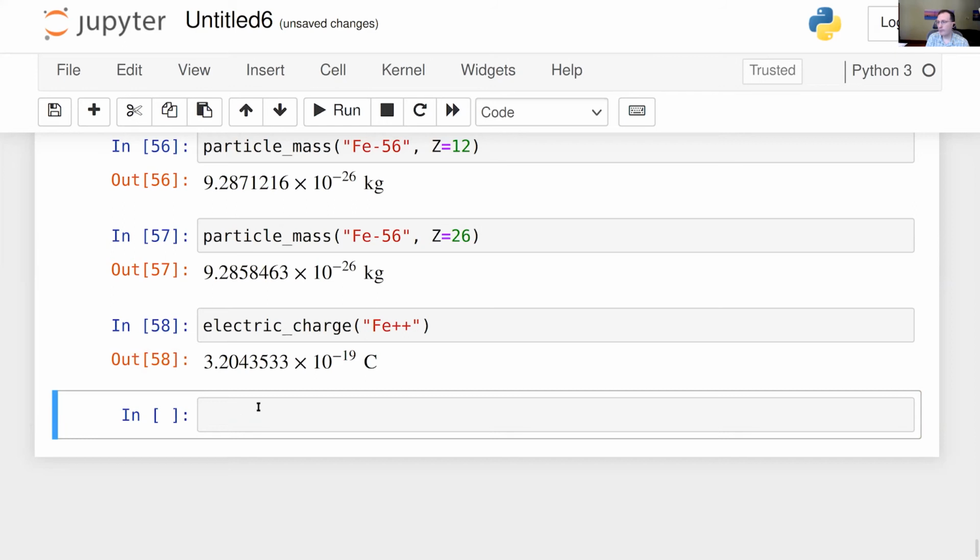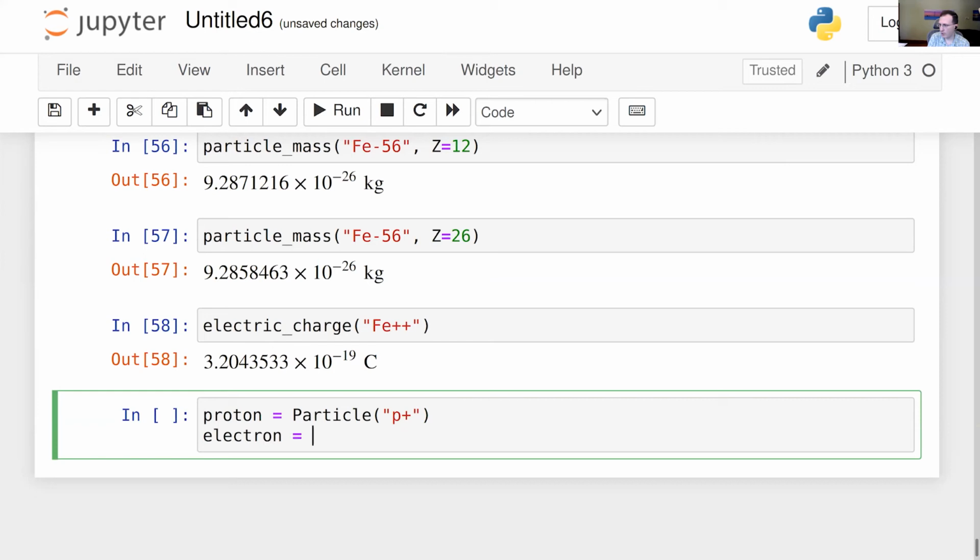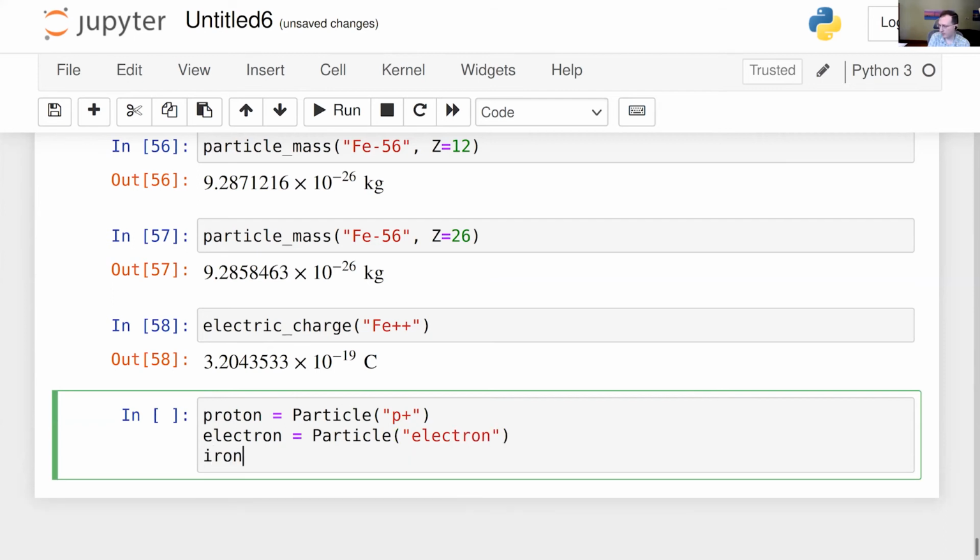All right, so in plasmapy.particles so far, we've gotten information about particles through various functions. But we can also have an object oriented approach to getting particles. We can create a particle object. And to do that, we use the Particle class. We can define a proton as equal to Particle with a capital P, and then we can do p+. So we can define a proton that way. We can define an electron as Particle of, for example, we can spell out the full name, electron. And we can do things like iron 56 nuclide equals Particle Fe, Z equals 26, mass num equals 56,